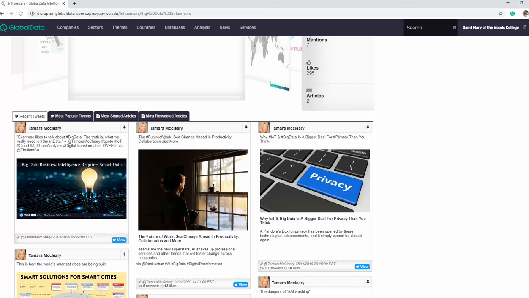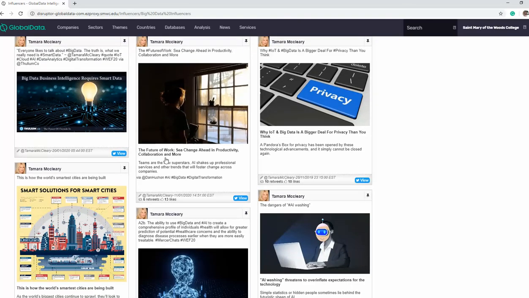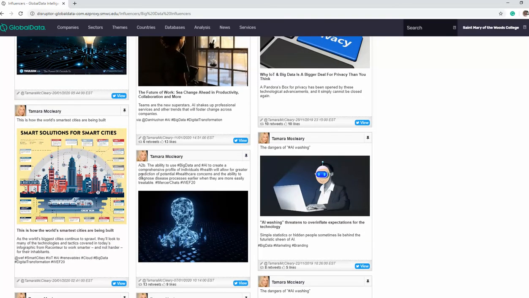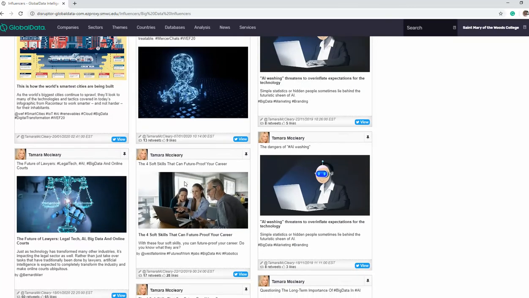For example, I was interested in this future of work, the productivity and collaboration and so on. I was interested in the concerns about privacy. And she's actually connecting to these other places. I thought this was really interesting, the smart solutions for smart city. There are all kinds of things in here.